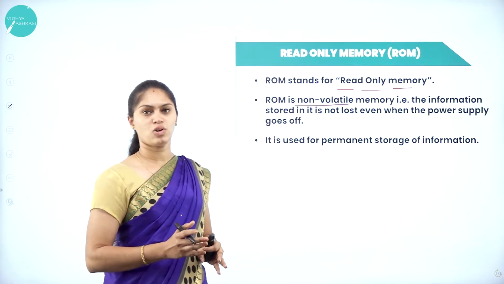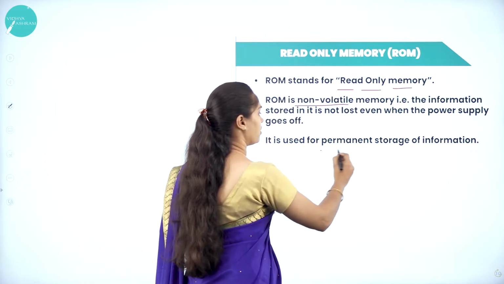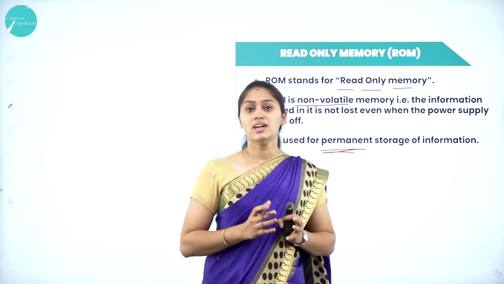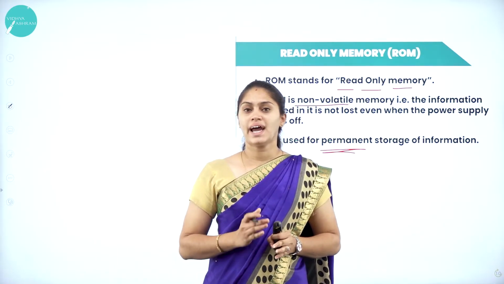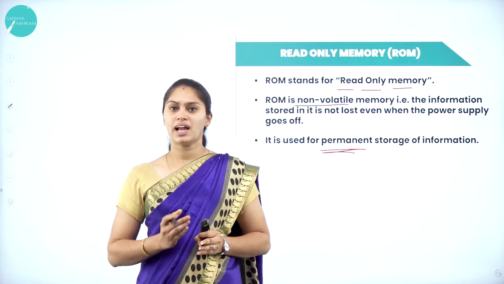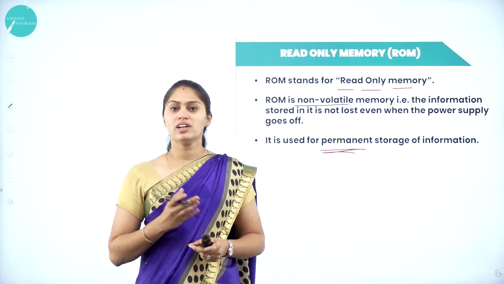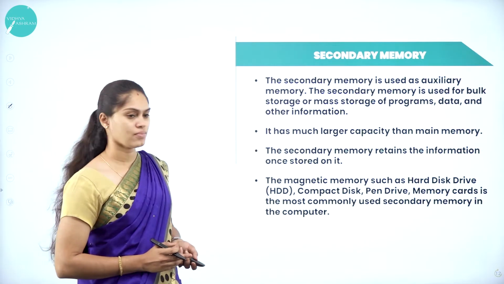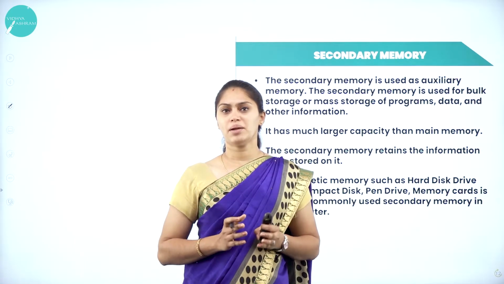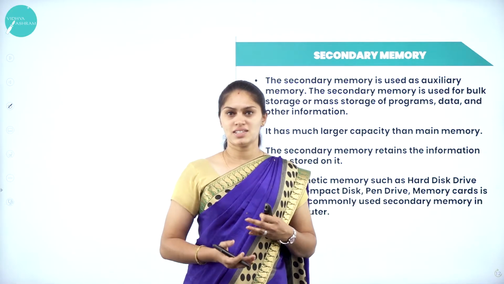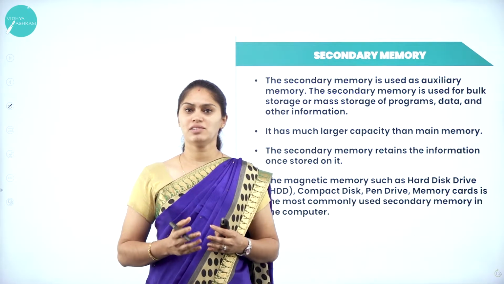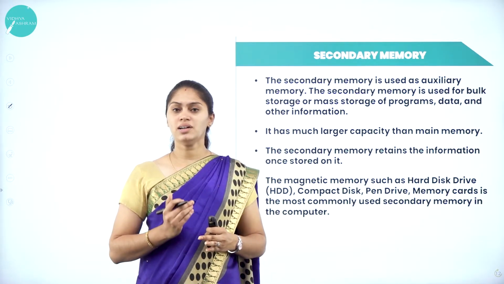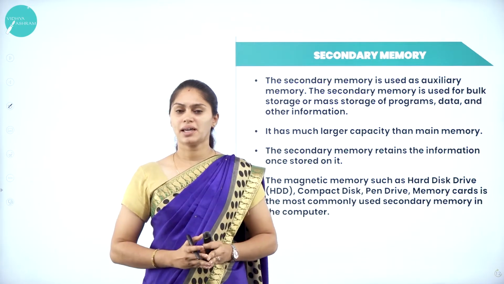Okay, so when you want to store the data permanently, it will hold the data by using ROM. RAM will hold the data temporarily. When the power supply is off, it will lose the data and instructions. But in ROM, it will store the data permanently. Okay, that's regarding ROM. So we are done with what? Primary memory. Primary memory is the fastest memory and it will store the data and information which is currently being processed by the CPU, and it is much faster, more expensive, and has a limited capacity.